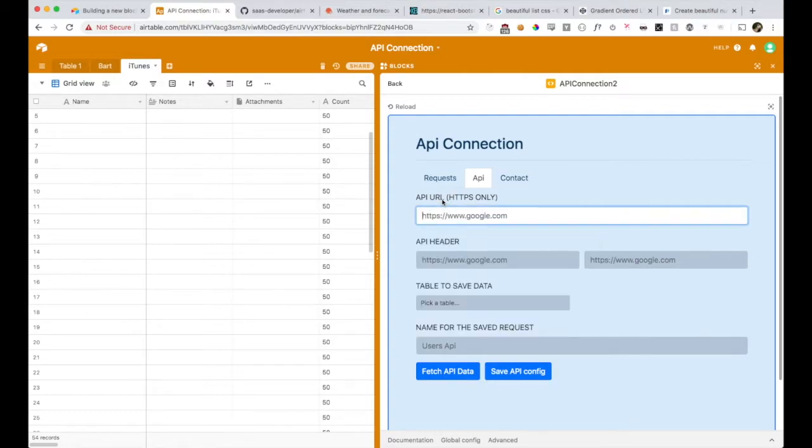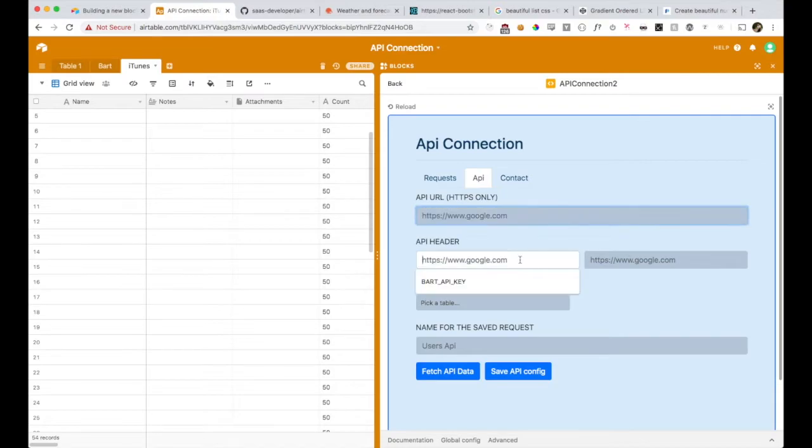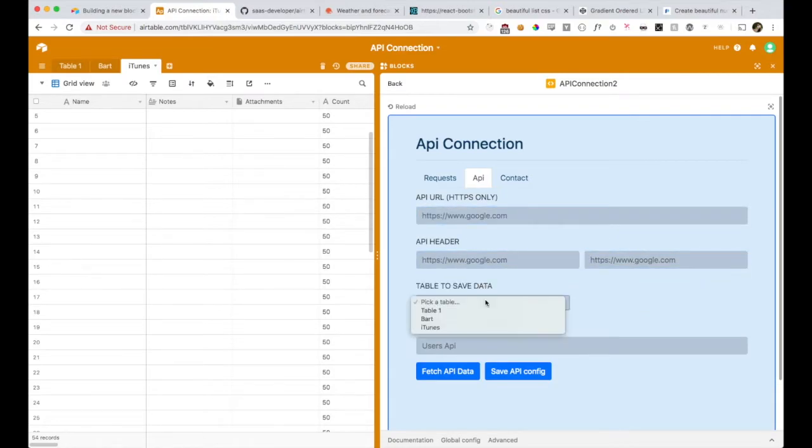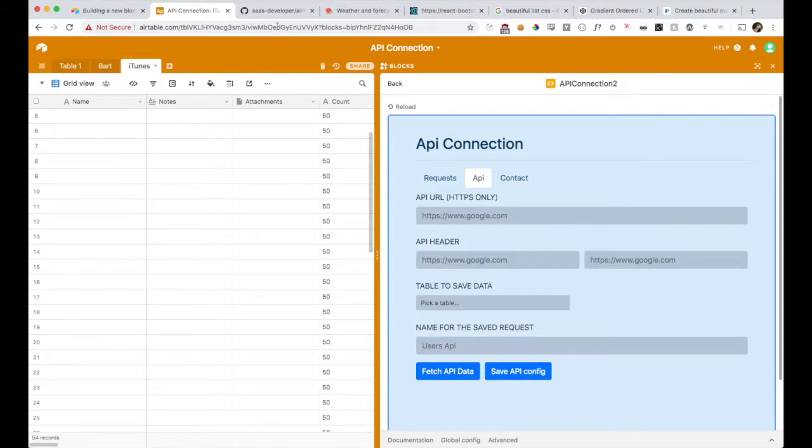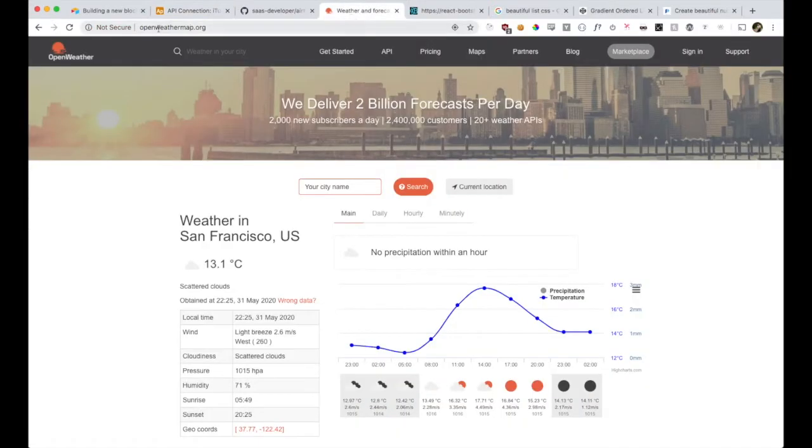Every request requires the API URL. This is the endpoint of the API. If there are any headers, you can add them. You have to pick a table, which is the Airtable where you want to save the data, and then you give a name for saving the API request. Now, for this demo, we are going to be using